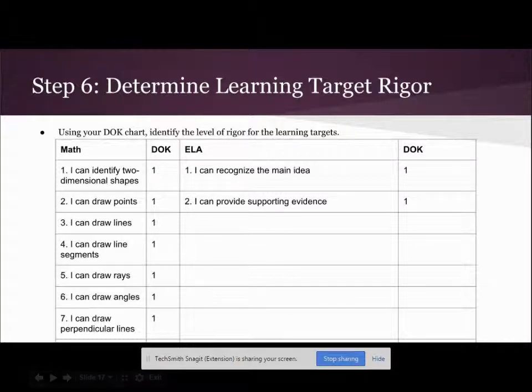Step 6 is where we get into depth of knowledge. This is where we determine the learning target rigor. When we are determining the DOK level, it's not about the verb, it's about the context. So assigning appropriate depth of knowledge levels to the concept skill pairs can be mentally stimulating, sometimes challenging for teachers